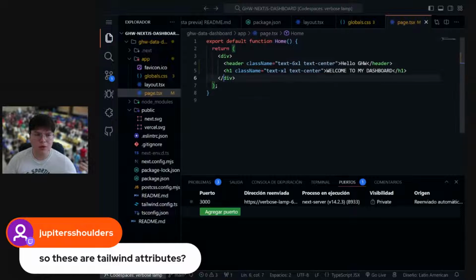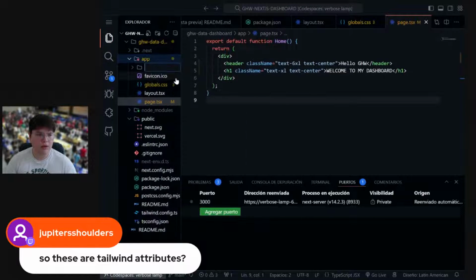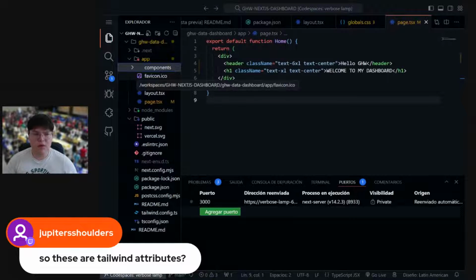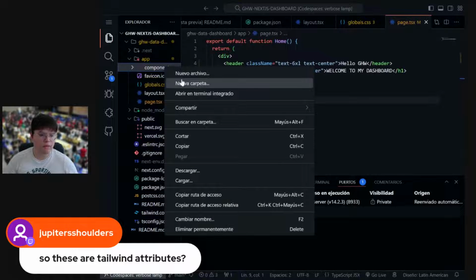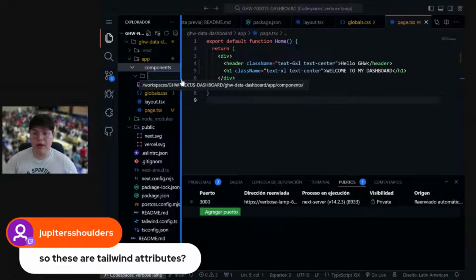So how we create components is by creating a new folder called components. And inside the folder, we are going to have a lot of components, right? I like to do this, and for me it is a good practice to create a new folder, and inside that folder,